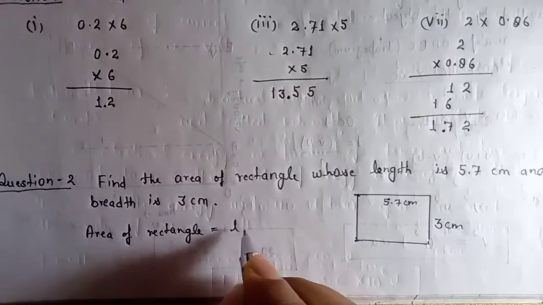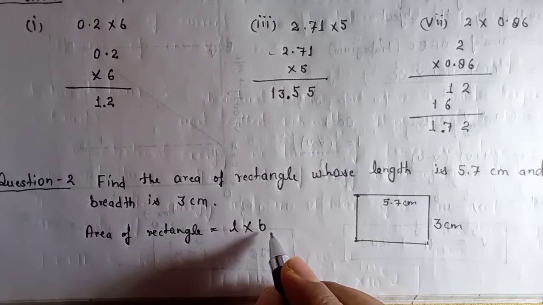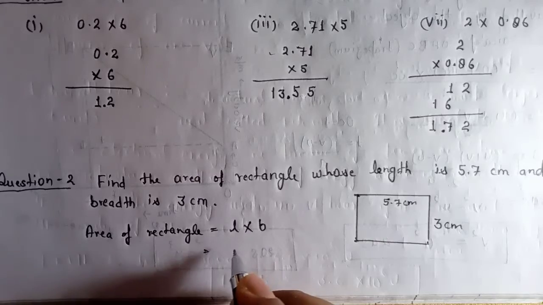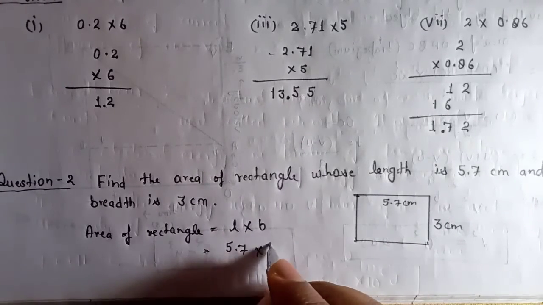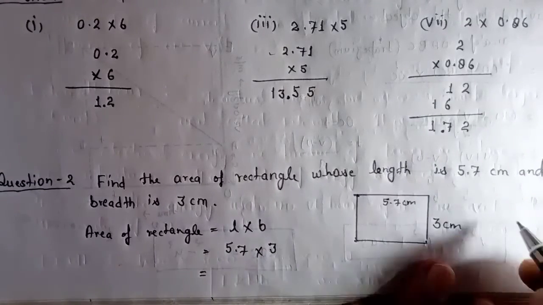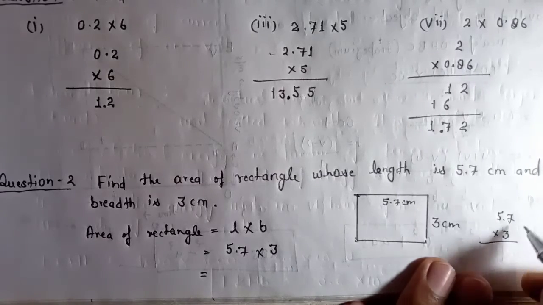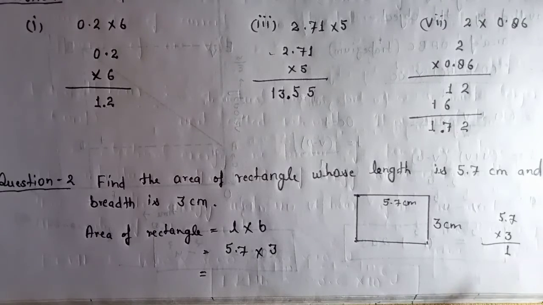is length into breadth. This is L for length, B for breadth, and the length of the rectangle is 5.7 and the breadth of the rectangle is 3 centimeter. Now multiply this and give your answer. So you write here 5.7 into 3, 3 sevens are 21. So write here 1 carry 2, 3 fives are 15 plus 2,